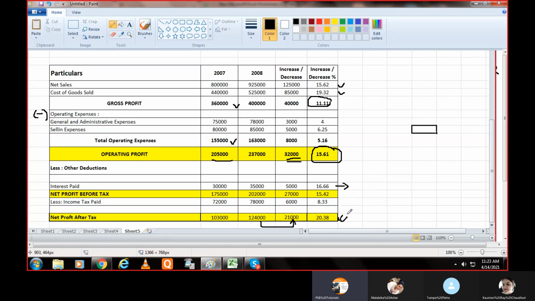Now we have the common size statement, the common size income statement. Just like we took the income statement, we have taken a sales figure. We normally take the sales figure as the base. In the income statement, we saw that the sales figure is the base and then we expressed other figures as a percentage of sales.